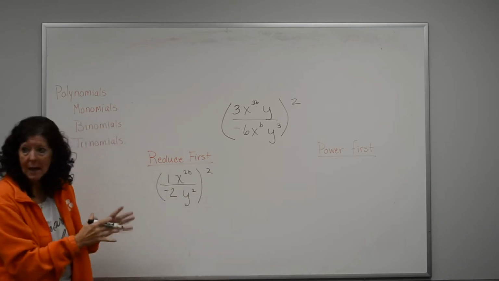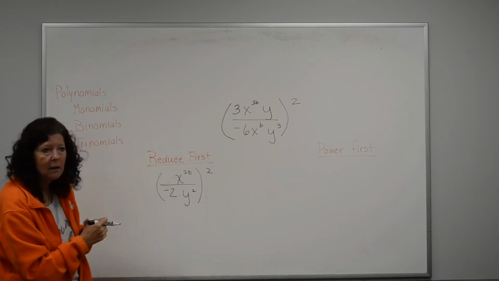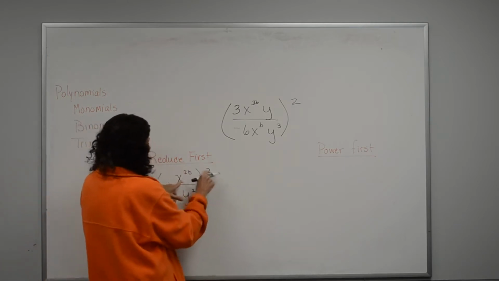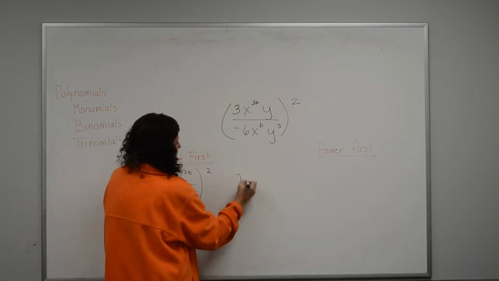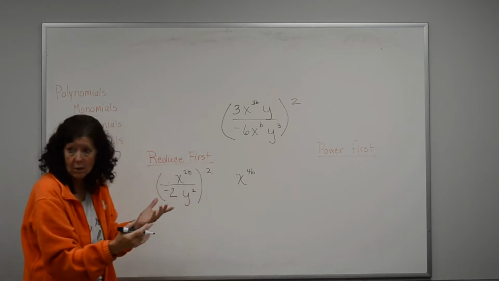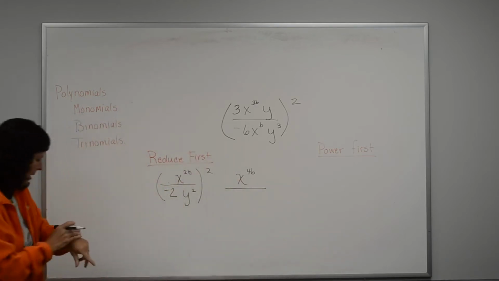Now I come back and I apply the power of 2. Obviously, I don't need that 1 right there. Okay, that's an understood 1. So what I'm doing is I'm applying it here, and I'm multiplying 2b times 2. So that's going to give me 4b, right? Isn't that correct? On the bottom, I got to square my